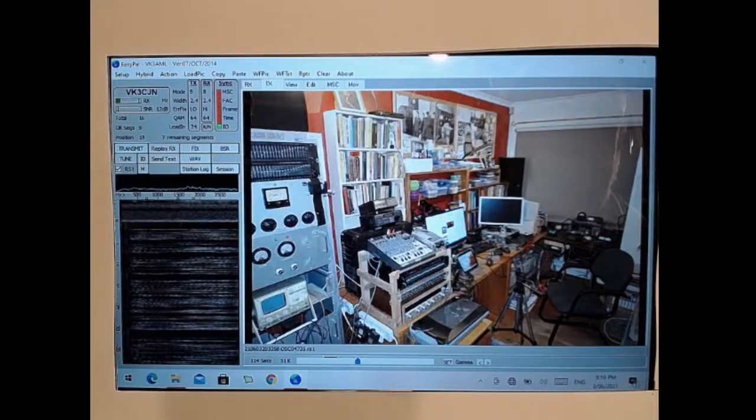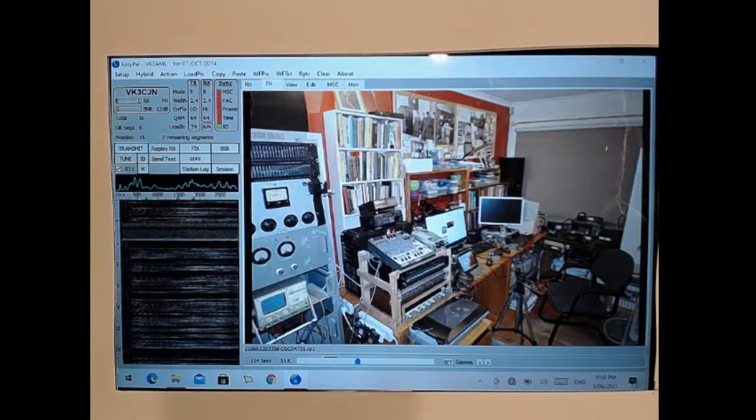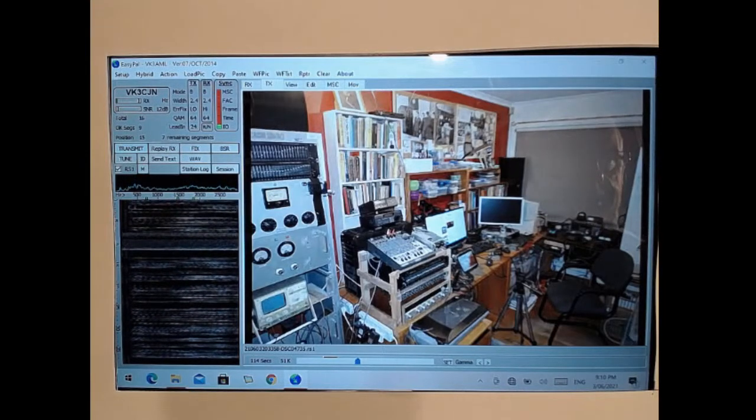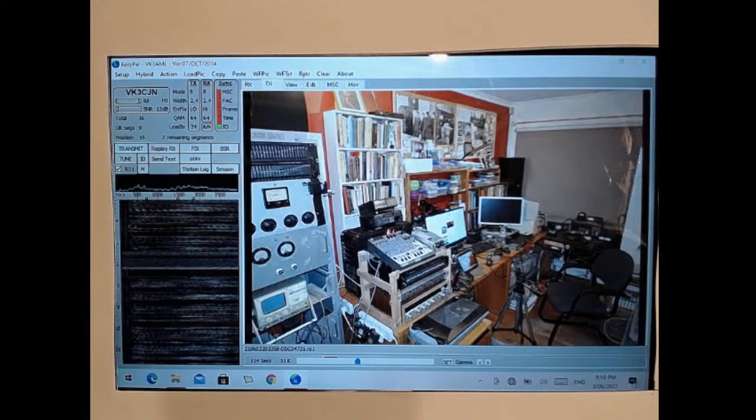Thanks, James. And I think Chris might be transmitting on the output frequency, maybe. I don't know. You want to go again there, Chris? VK3CJN, VK3FTZD.